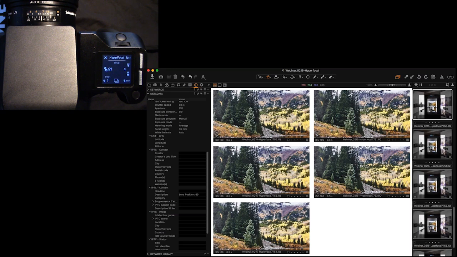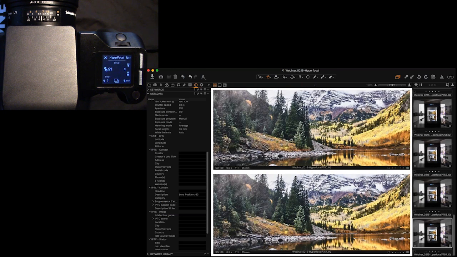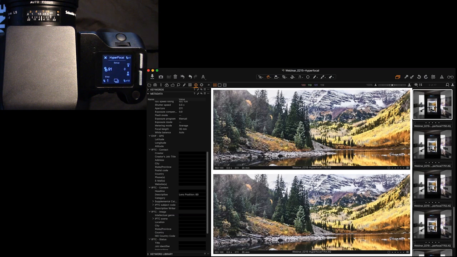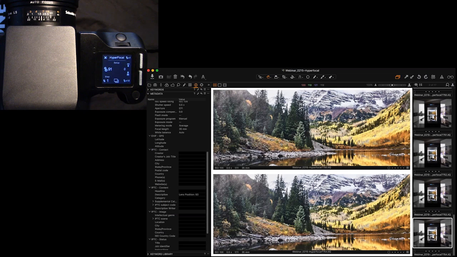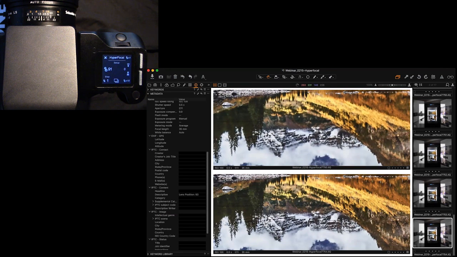But if we just look at the 92 value versus the 89 value, so here we have 89 and here we have 93. This is where we should be able to start to see a difference, which is very, very good because it's a very slight difference. I think you can notice it in these trees a little bit, and maybe in the water and the mountains details here. It's a very slight difference, but it is a difference, which means that our absolute perfect hyperfocal point is going to lie in these 3 images.